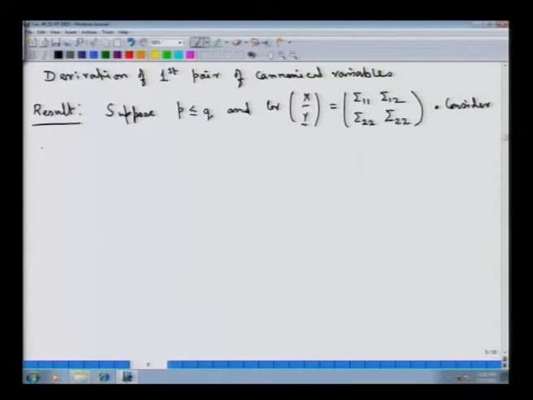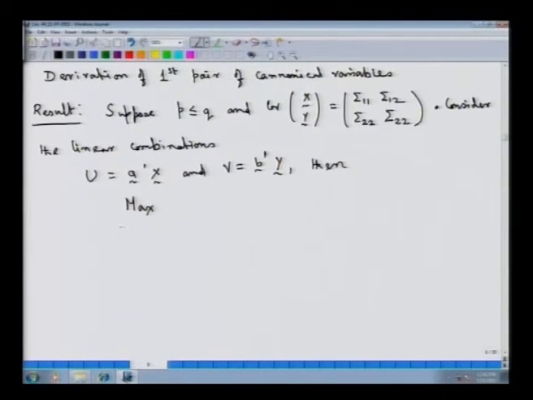Consider the linear combinations, say u equal to A prime x and v equal to B prime y, then